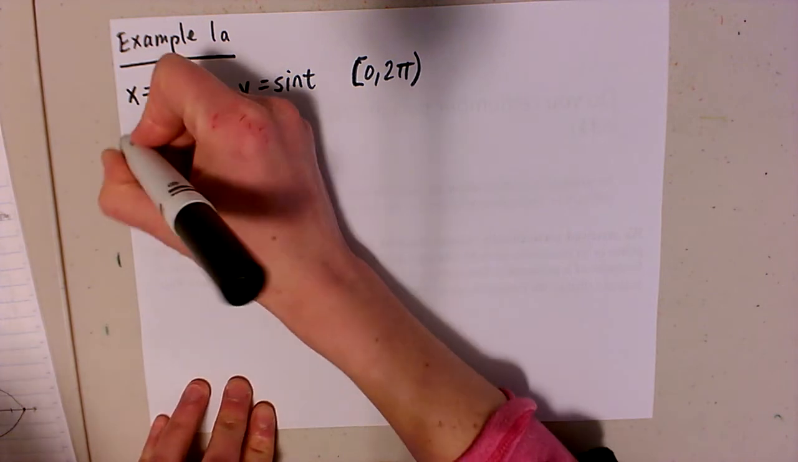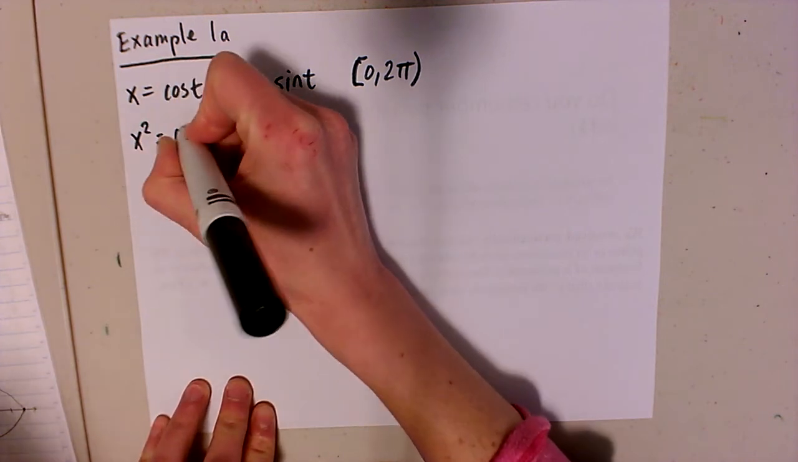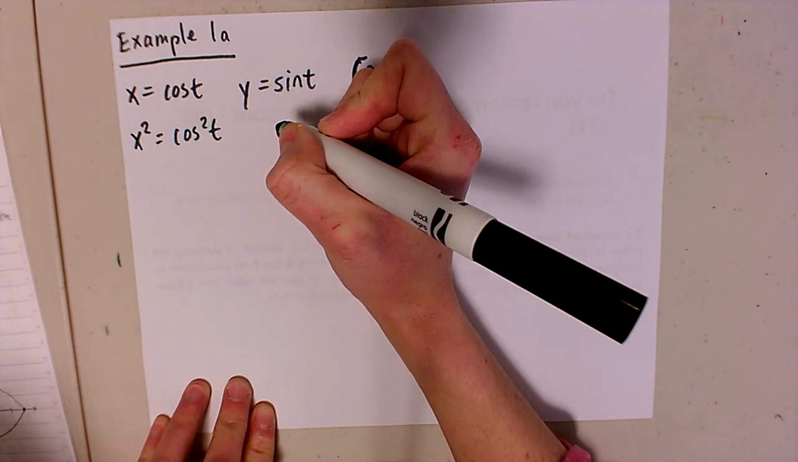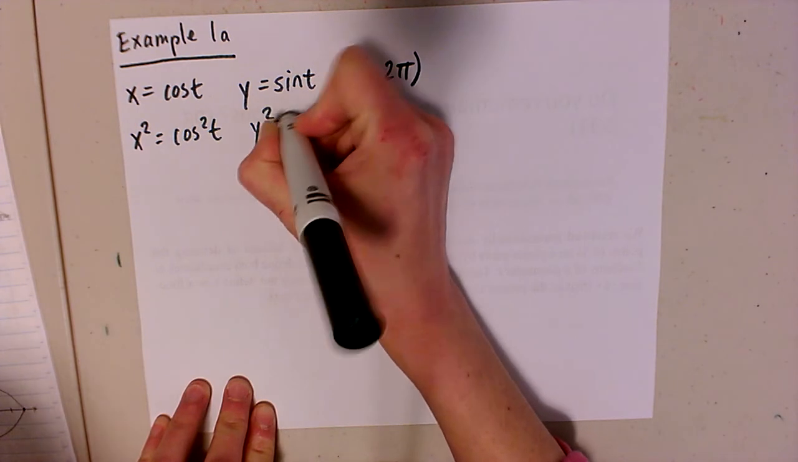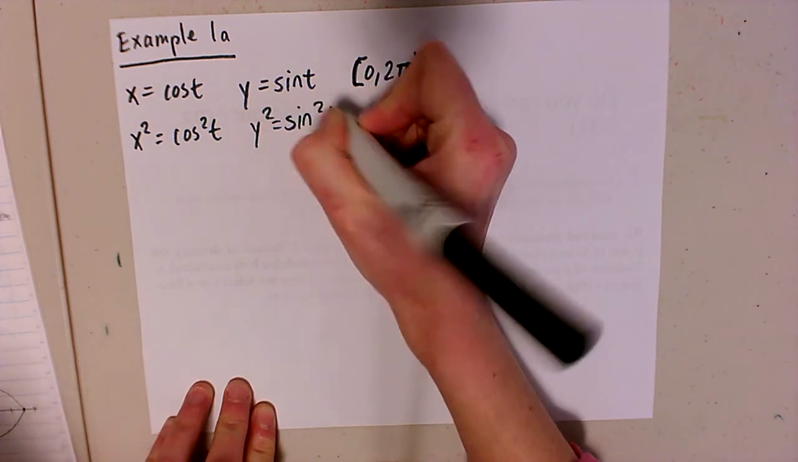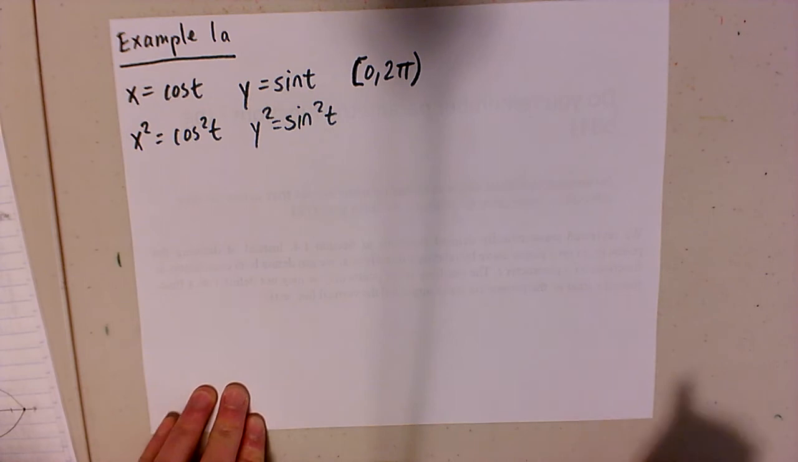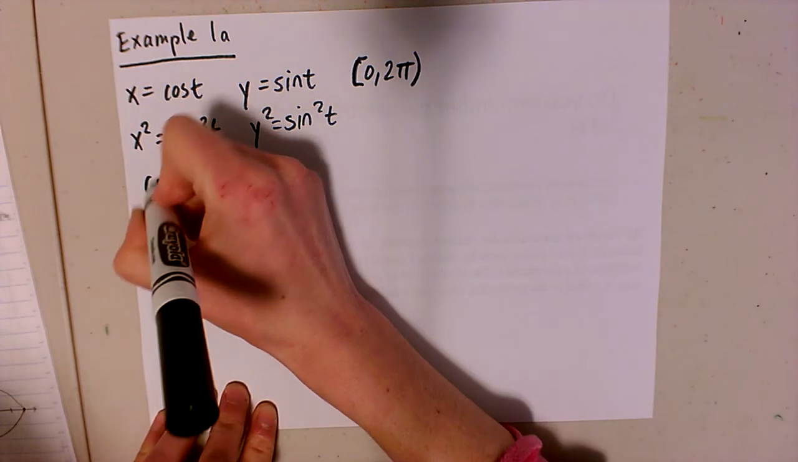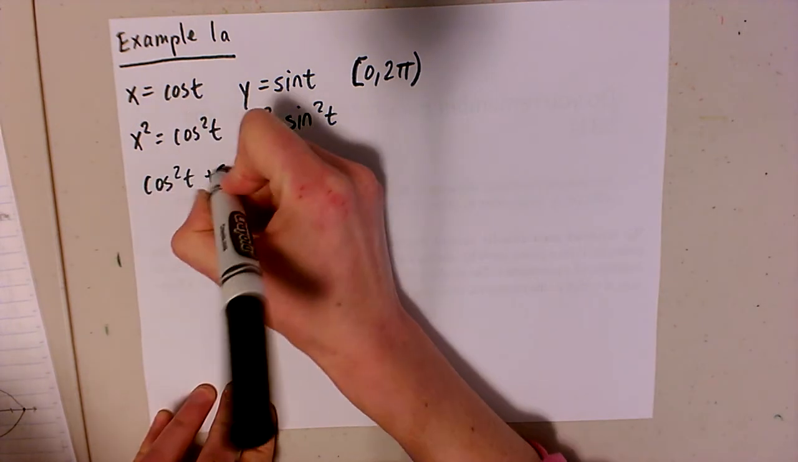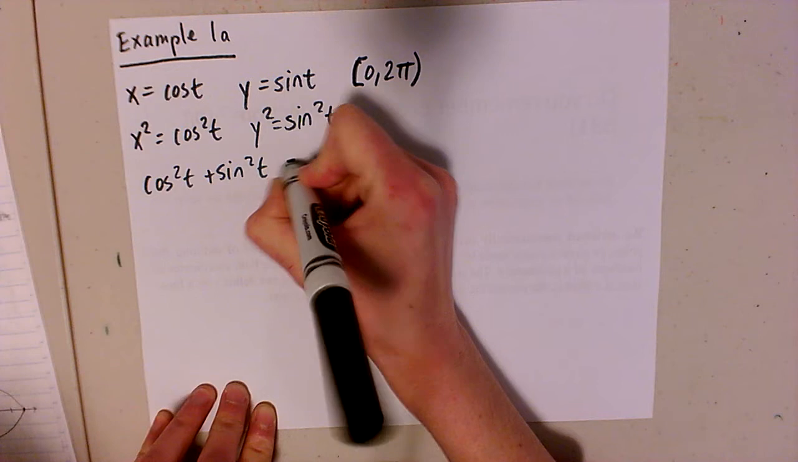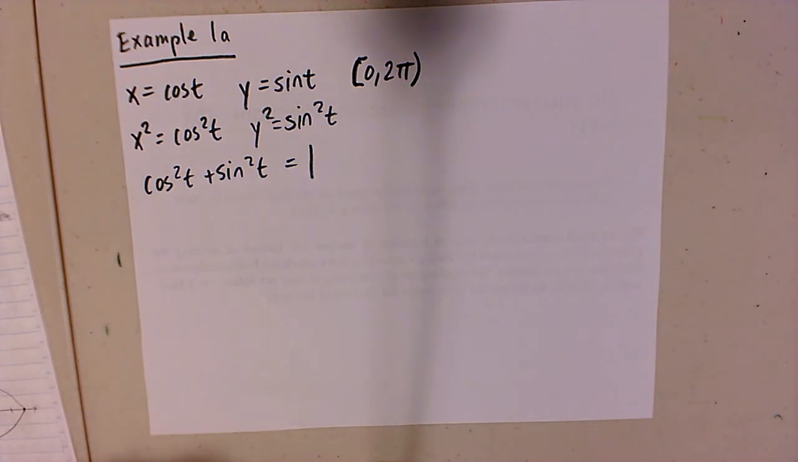So we can start off by squaring each function. So x squared is the same thing as cosine squared t, and y squared is the same thing as sine squared t. So all I did was just square everything. So if we add them together, cosine squared t plus sine squared t, we know from our Pythagorean identities that